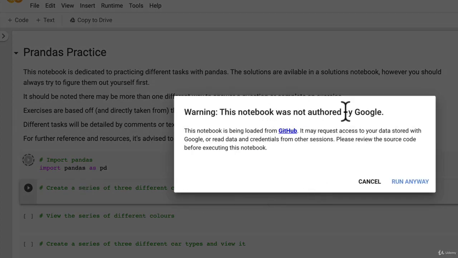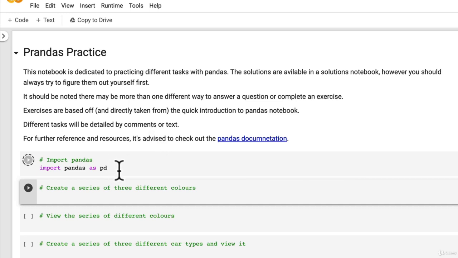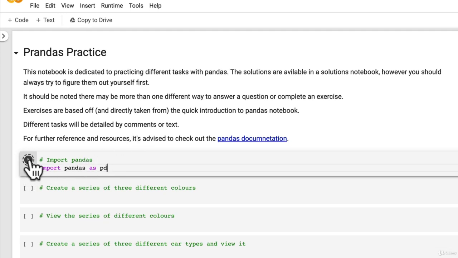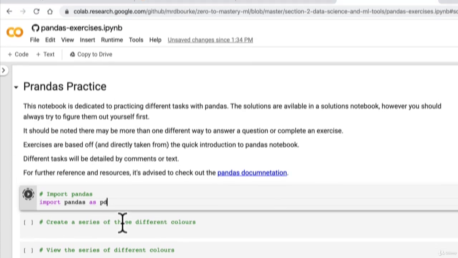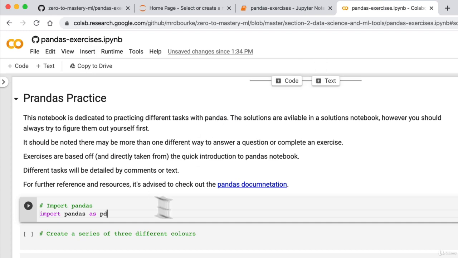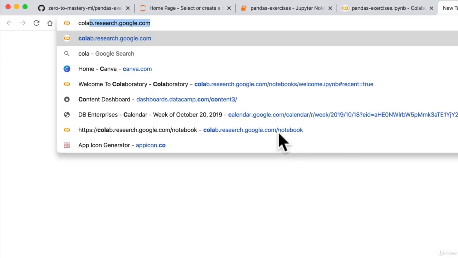Warning, this notebook was not authored by Google. This notebook has been loaded from GitHub. You may request to access your data stored within Google or read data and credentials. Please review the source code before executing this notebook. So if there are any warnings like that, make sure you read through them. But otherwise, you can notice that this notebook is working perfectly after just copying the URL from GitHub and typing it into